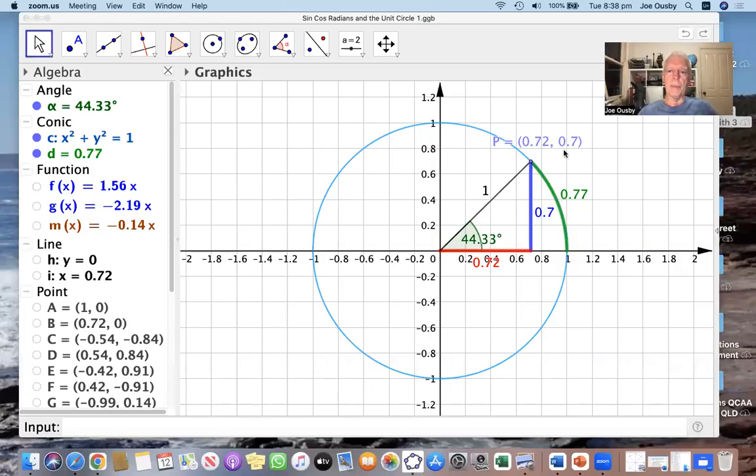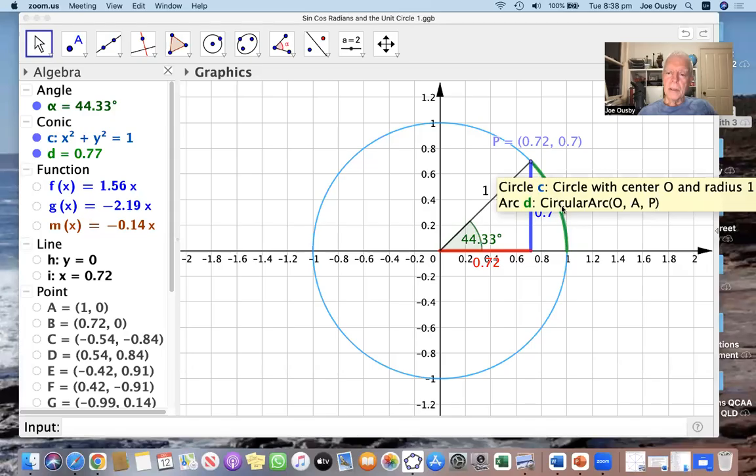what is a radian? So I'm actually going to go to sharing my screen here and looking at this GeoGebra document which I created. Now, it is a unit circle, so its radius is 1. And if you notice here, the length of that line is 1. 44.33 degrees is actually the size of this angle. However, notice that also 44.33 degrees is the length of that,